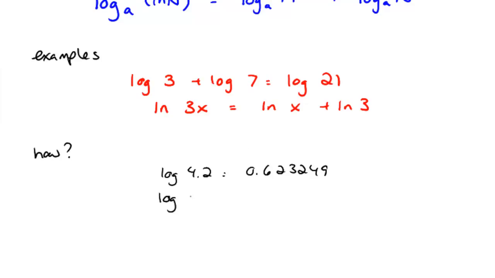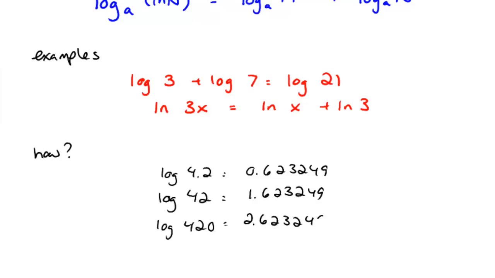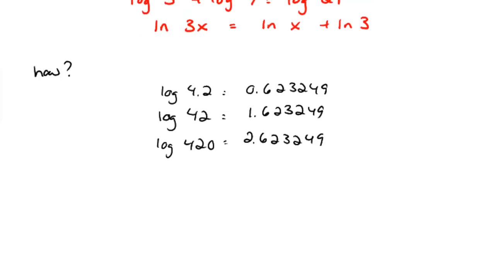If we take a look at the log of 42, it's equal to 1.623249. Log of 420 is equal to 2.623249. And I think you can see a definite pattern developing where logarithm of 4200 is equal to